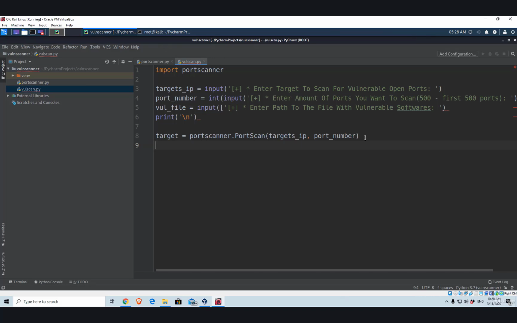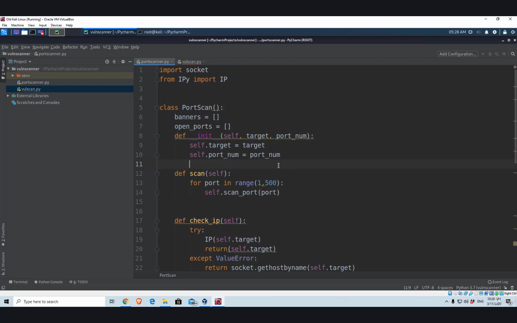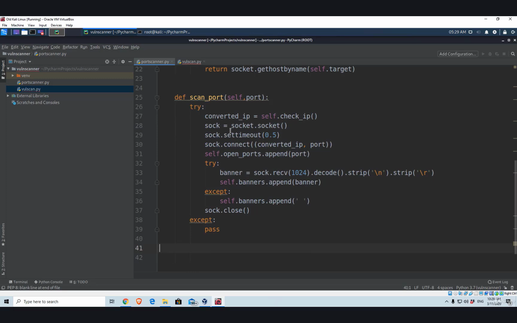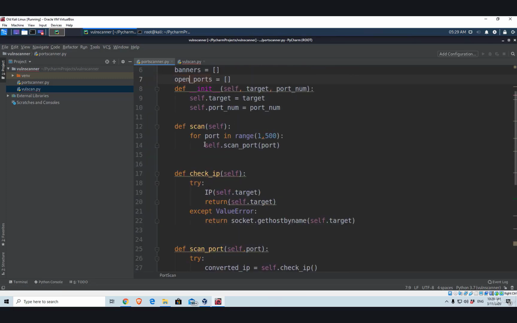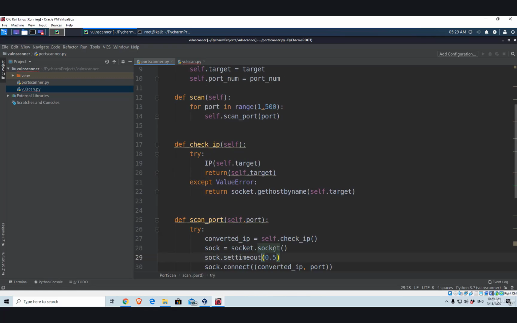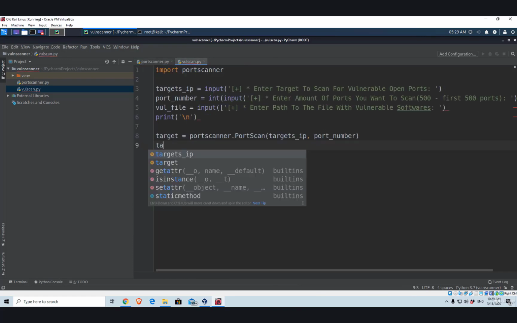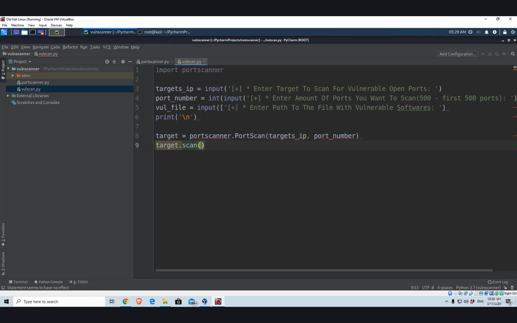So how can we do that? Well, first of all, we need to check which method we need to initiate, and ideally we want to initiate one method which will call all of the other methods as well. And in our case, that method would be the scan function, as the scan method calls the scanPort method, and the scanPort method calls the checkIP method, as well as checks for the banners and adds them to the list. So we need to type right here target.scan, and simply with just these two lines, we perform the entire scan for open ports and software